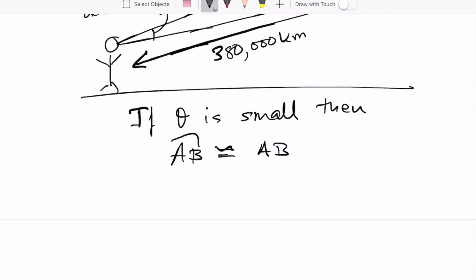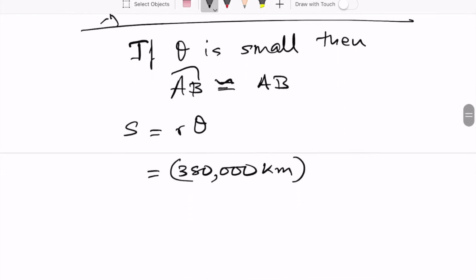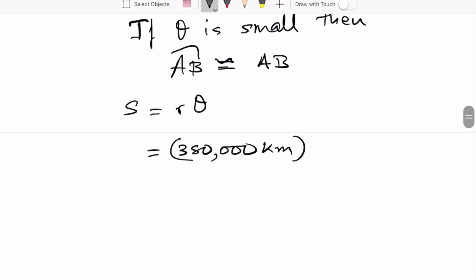Arc length is very easy to find. S equals r theta. So r is 380,000 kilometers. Theta we have to express in radians. To convert between degrees and radians, you use the fact that pi radians is 180 degrees, right? So 0.52 degrees would be 0.52 multiplied by pi divided by 180. I'm just doing a unit conversion. And if you work this out, you should get, let me see,